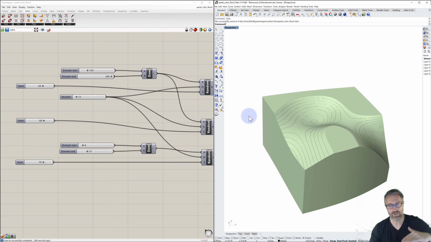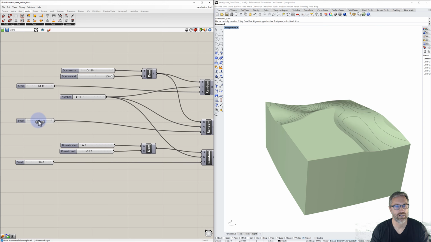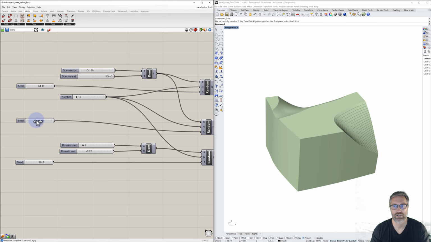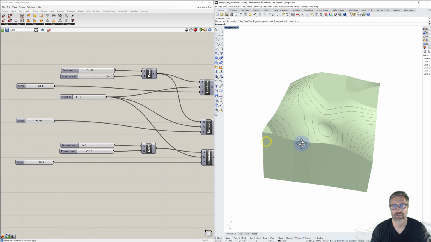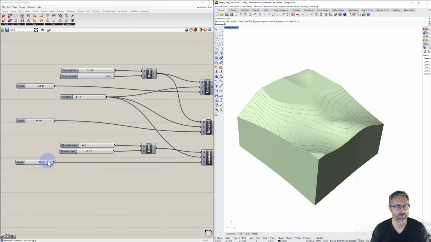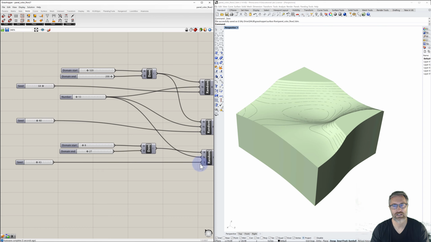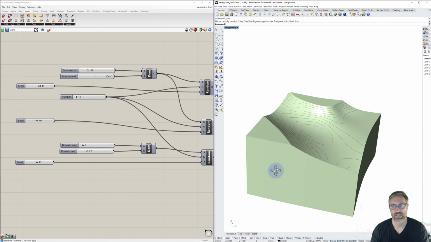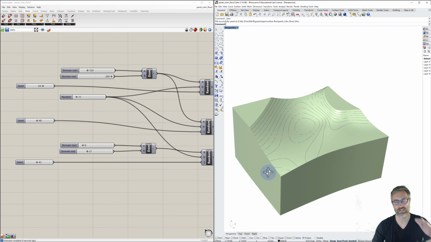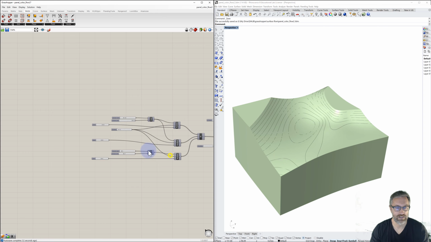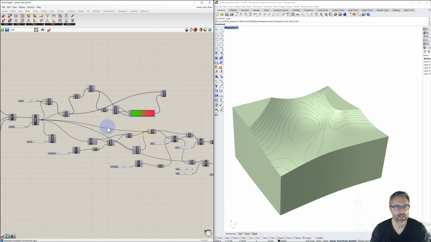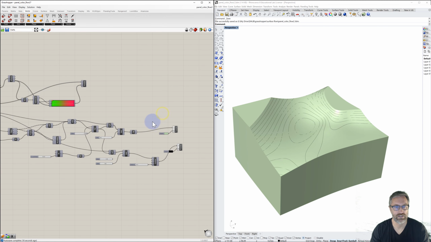We can also move where the plane is being cut vertically. Change what's happening with this. And so what I'm doing is I'm controlling the X, Y, and Z. And then the contour lines and the cut of this overall topography is being trimmed. The other thing that I will show with this is another branch. And so I'll turn off